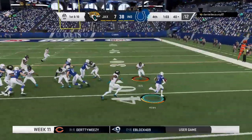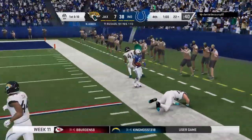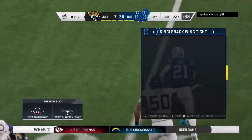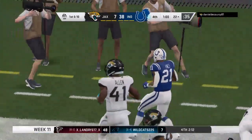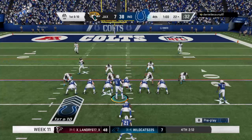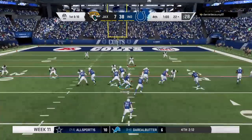On first down, it's Hines. And some room to roam now. He's going to go out of bounds, but he takes this one down just shy of the 20. Good yardage there for the Colts. 18 and a first down. He's still rumbling, isn't he? Still looking fresh in this one despite the heavy workload. But you and I both know, well-conditioned, and he did tell us that he thrives on being at his peak